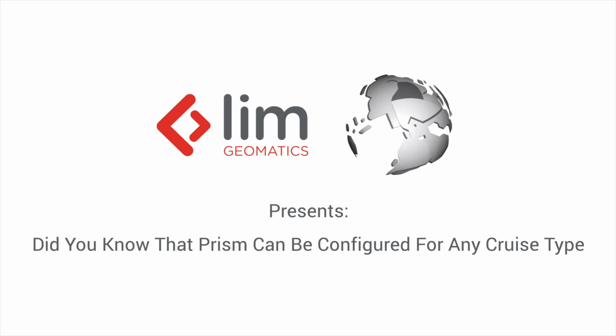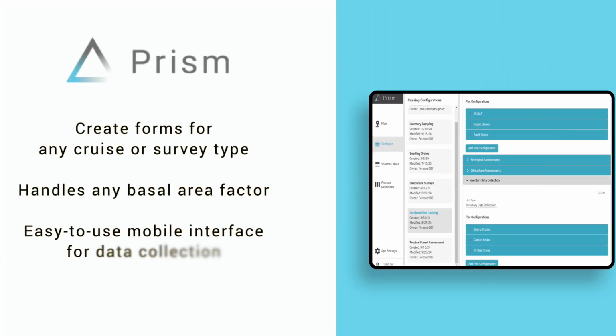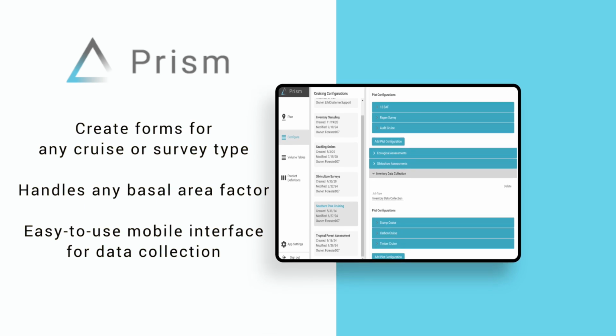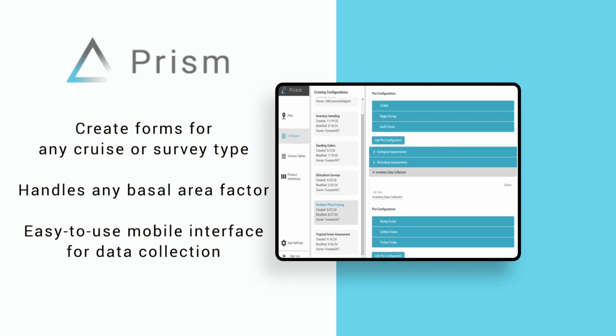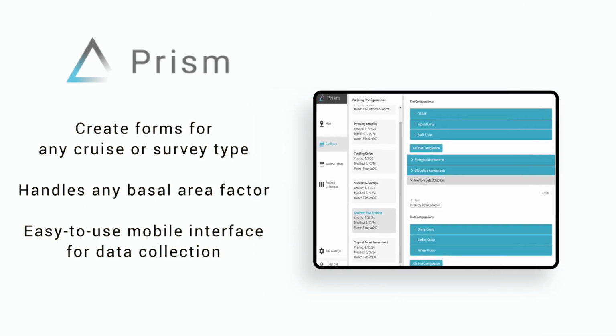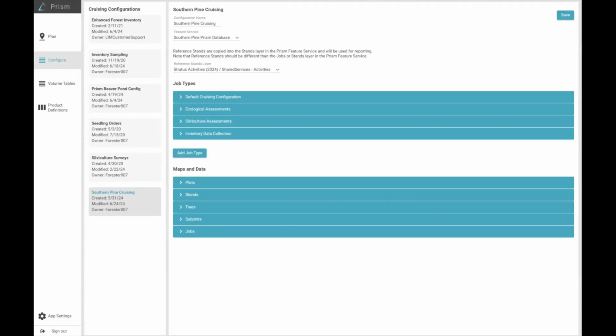Did you know that any cruise type or data collection form can be configured in Prism? In this video, I will show you that Prism is super configurable. Job types can be used to categorize cruise types. Any job type can be configured in the Prism web application, such as ecological assessments, silviculture assessments, and forest data